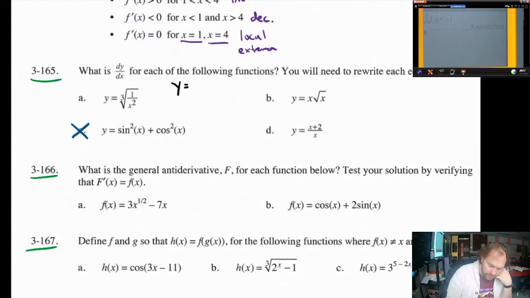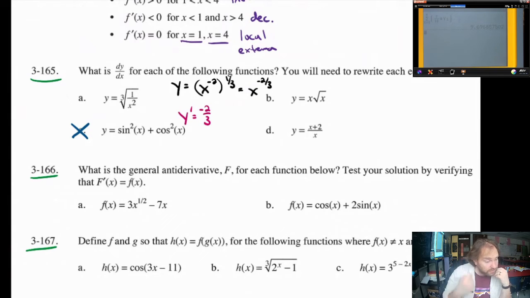So what we have here is x to the negative second power raised to the 1/3 power. A better way to write that would be x to the negative 2/3 power, like that. That's how I would think about the original function. That means that the derivative, if you think about your power rule here, you'll bring that negative 2/3 down,